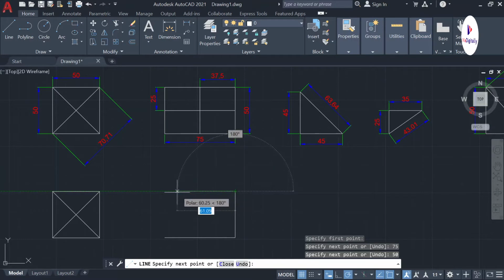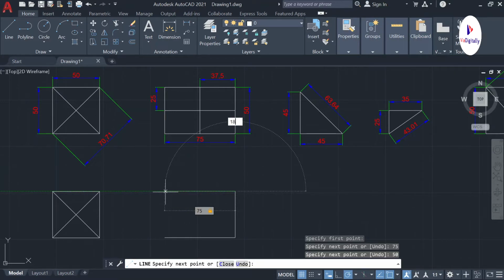Again the horizontal line is the same, 75 centimeters, and you can also change the angle if your polar tracking is off by clicking the tab button. We can edit that by taking 90 or 180.